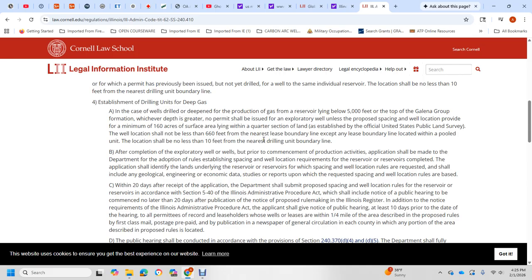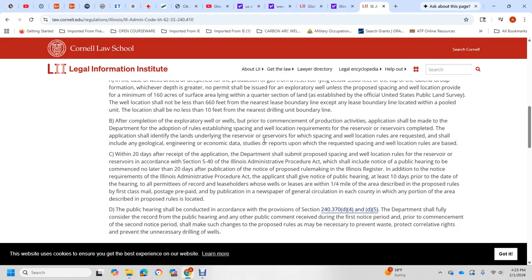After the completion of an exploratory well and prior to the commencement of production activity, the application shall be made with the Department for adoption of the rules for spacing of the well location requirement of the reservoir. Application identified with the land zone of the reservoir and space of the well location requested shall include the geological, economic, and engineering studies and reports under the requested space of the well locations, made within 20 days of the receipt of the application. The department shall approve the space of the location of the reservoir in accordance with